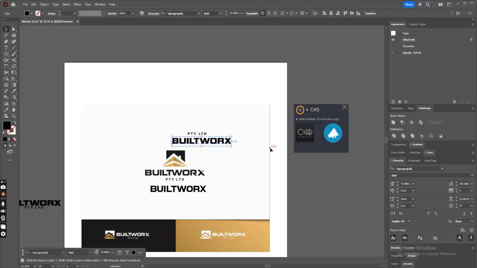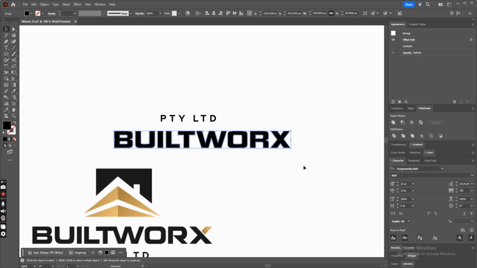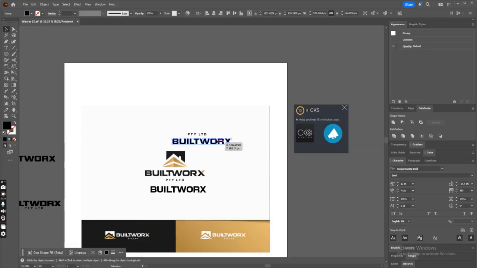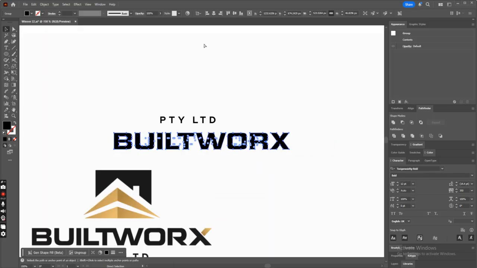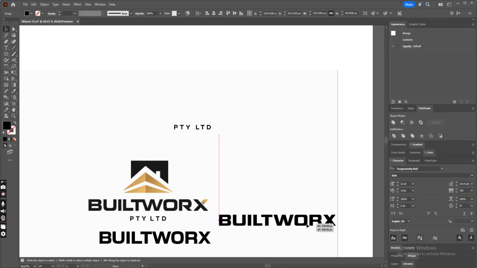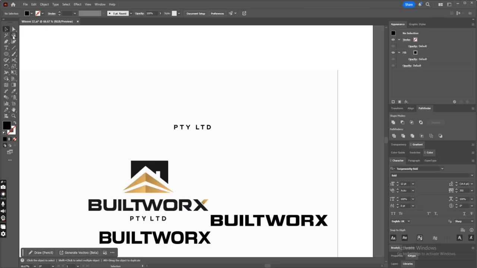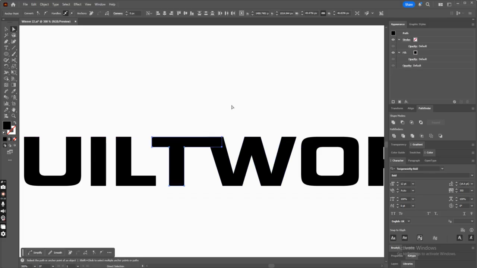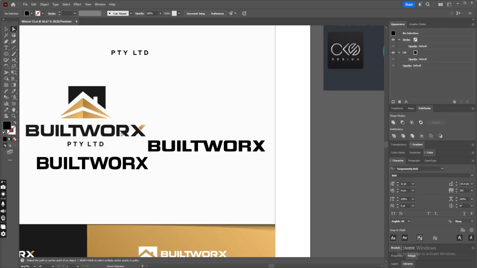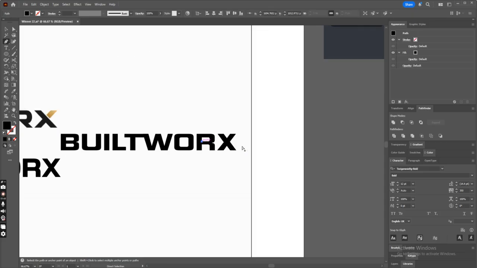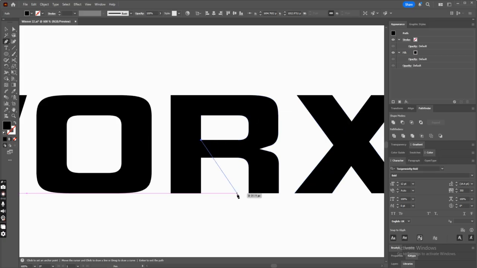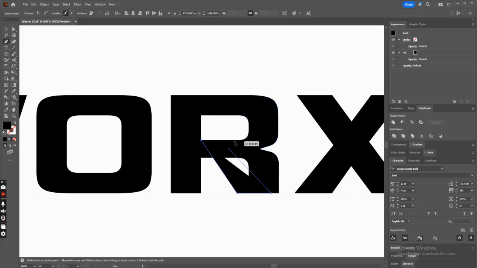Now let's keep a copy of it by pressing the Alt button and left click, then Create Outlines and Object, Expand Appearance. So now it looks like this, and now we have to draw the letters. I mean, we have to adjust the letters here. For that I'm just using T like this, and we have to draw the R same as that. So we have to draw a shape like this,